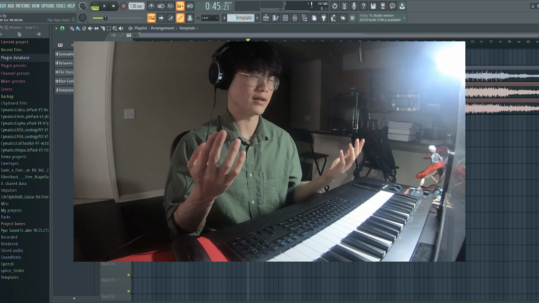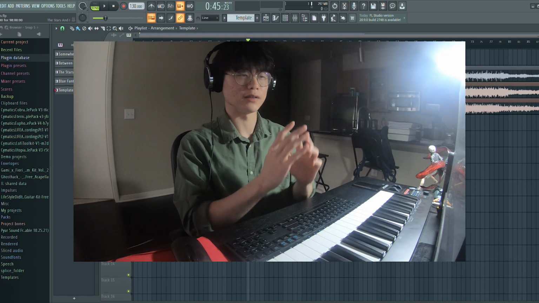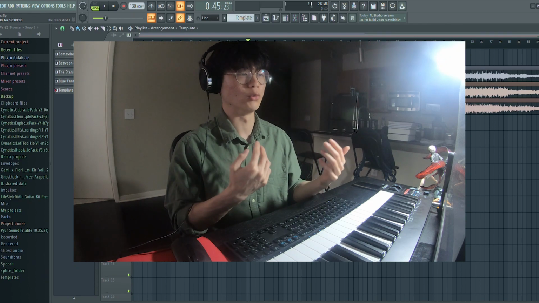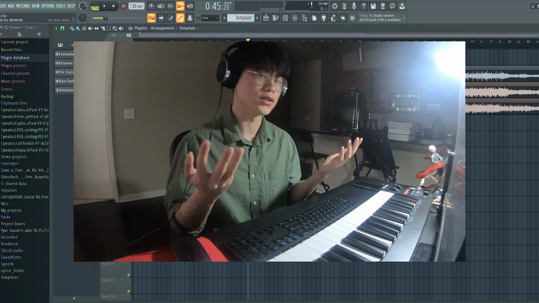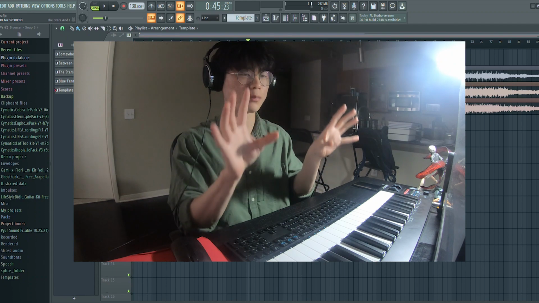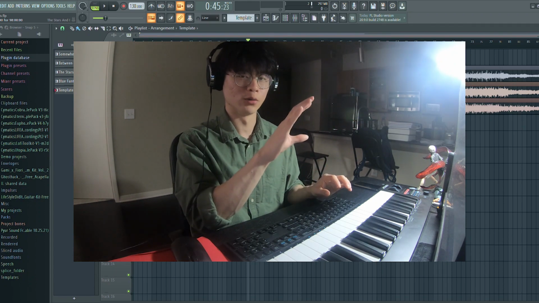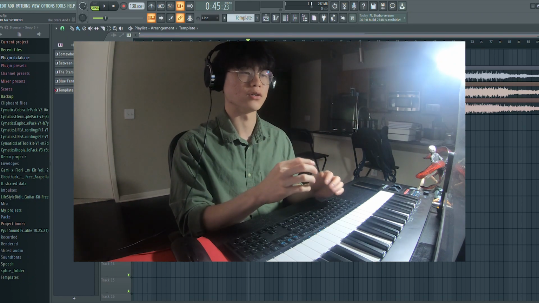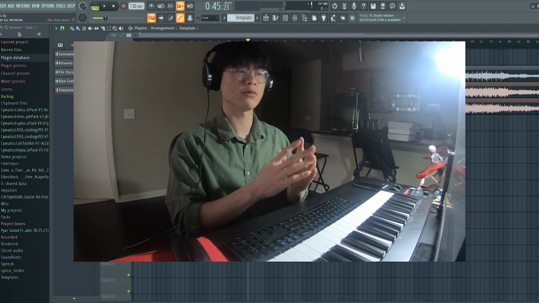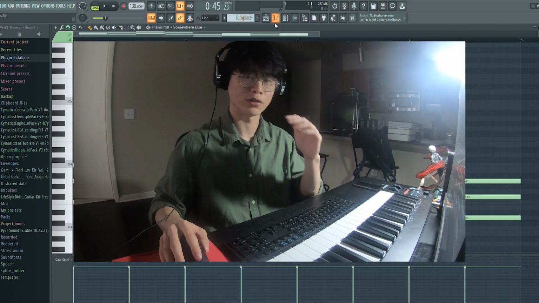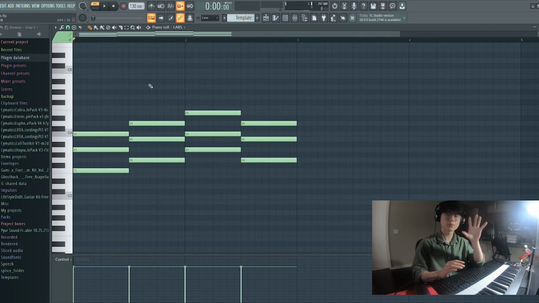Obviously you might disagree on this, but I do feel like all 4 of these songs are different in their own way. And surprisingly enough, they all use the same chord progression. If you look at the piano roll of the individual songs, you'll notice that they look different, but they were all built on the same template. So I'm going to show you the template chord progression that I use for pretty much all of my songs.